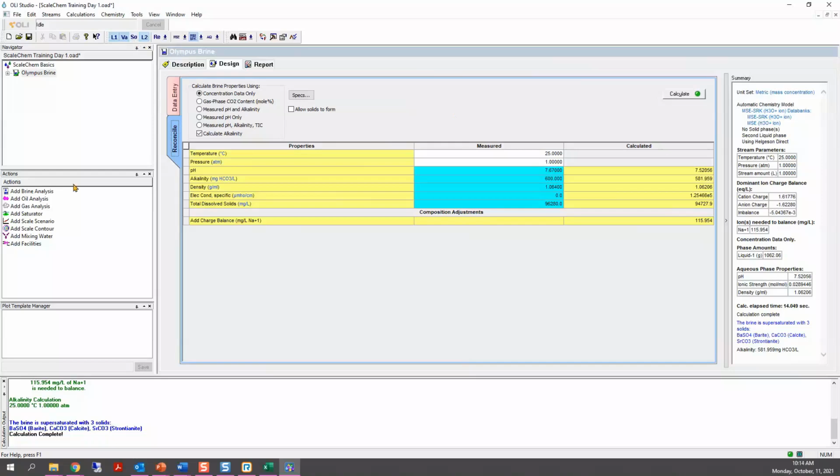Again, you can always have one brine with solids on and the other one with solids off, and see how much it changes your scaling risk. The thing is that, at least with this specific analysis, I'm assuming that the sample is being digested because it went through an ICP, right? So they must be all in solution. So that's why I'm not accounting for the solids.